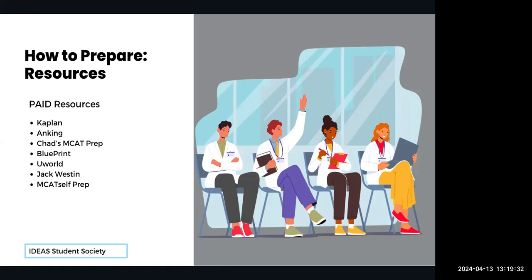UWorld, I have this. I invested in this. This is a question bank. This is to get you familiar with how the questions are asked on the MCAT. I think it's like $300 for the 6 months. And if you want to have it longer, you just pay a little bit less to extend your subscription.